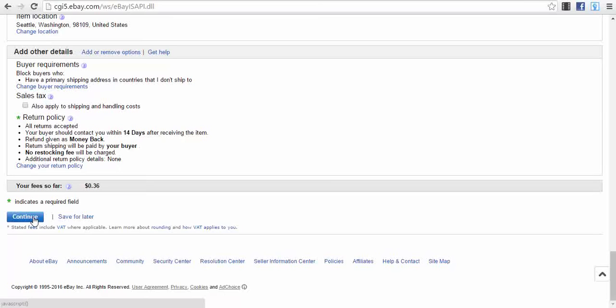Now, your fees for the listing so far, because you will have that here, are these ones, okay, 0.46 dollars. That means 46 cents actually. So you will have to pay these fees, but not right now on the spot, so to say. But that's the fees of eBay for your listing. And that's about it, guys. Okay, it's actually very, very simple. After that, you will have your first product live and selling on eBay.